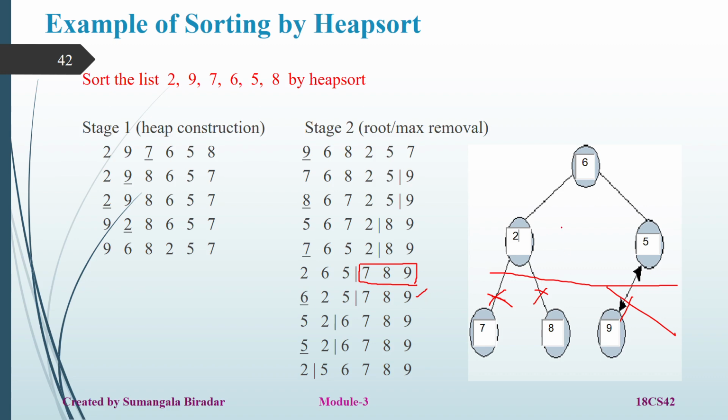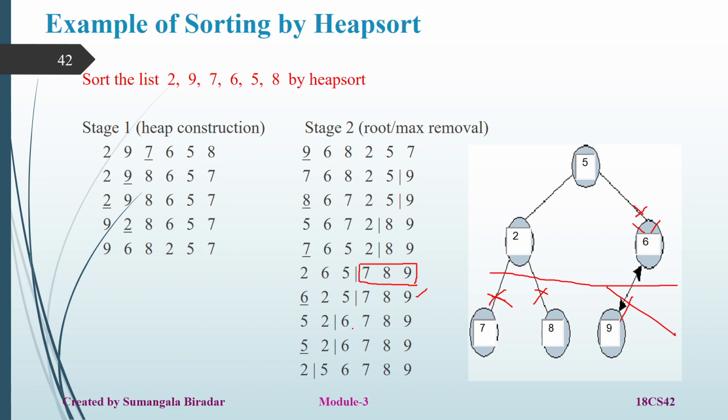After constructing the heap tree, what is the next step? You have to remove this root node. For removing this root node, what is the procedure you have to follow now? You have to swap this node with the last node. Which one is your last node? 5 is the last node here. So now you swap: 6 comes here and 5 goes here. After swapping, you have to remove this node also. Yes, I removed this node also.